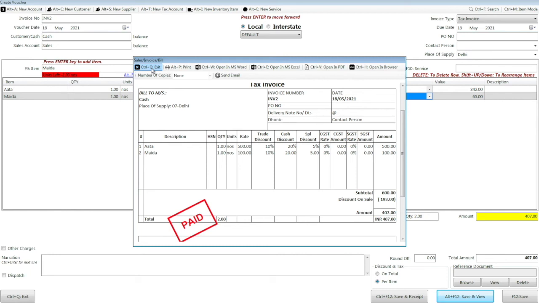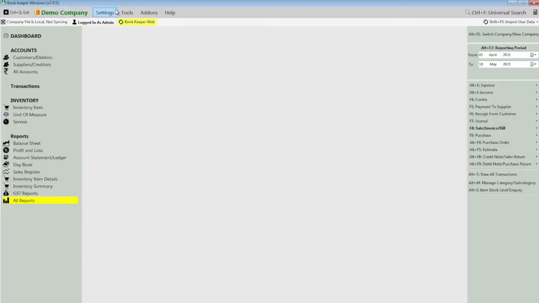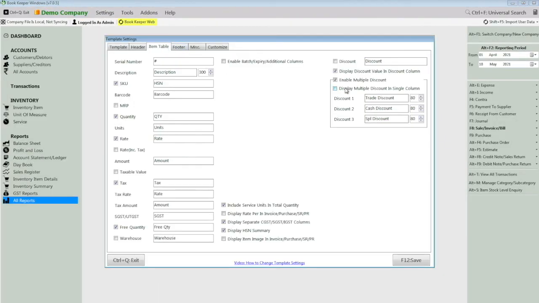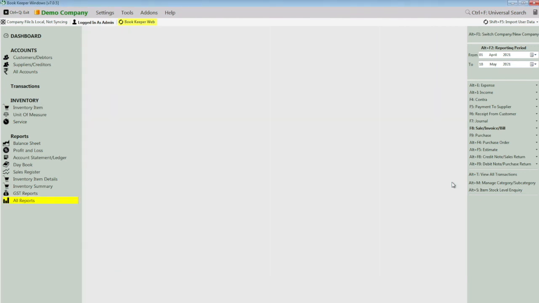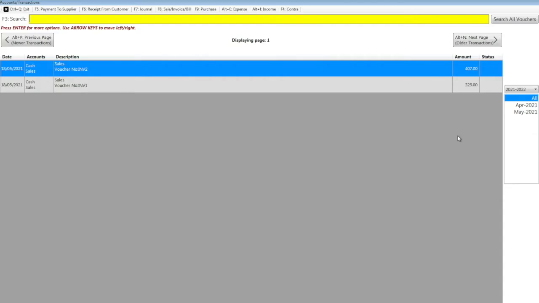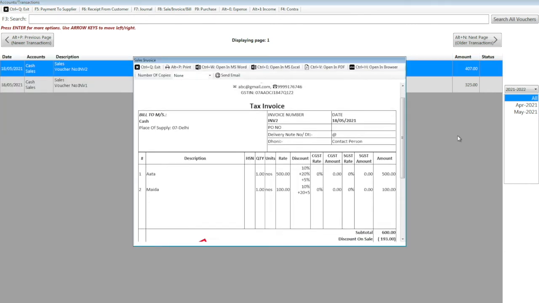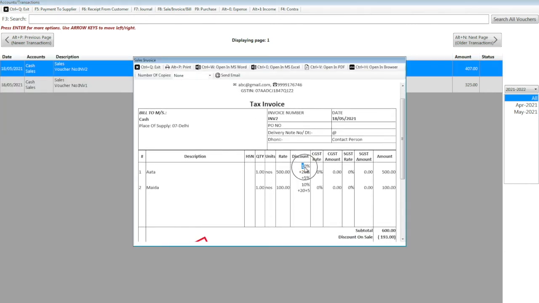If you want to rename, you can change the labels in setting, template settings. You can also display in a single column. If you don't want to display 3 different columns, no problem. You view the invoice, you can view in a single column as well.